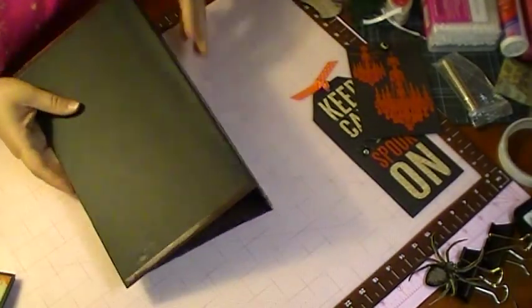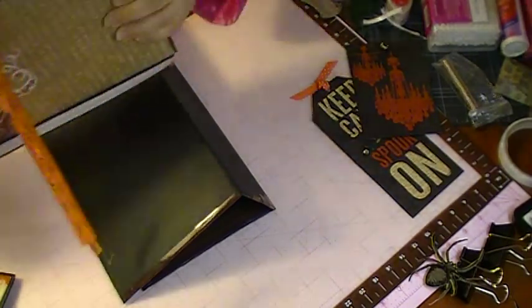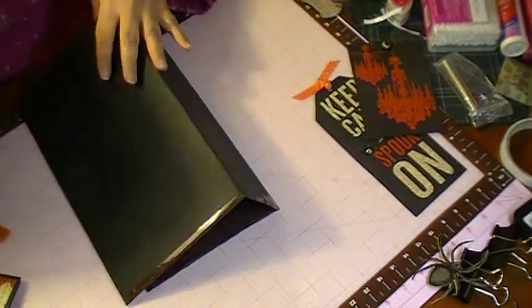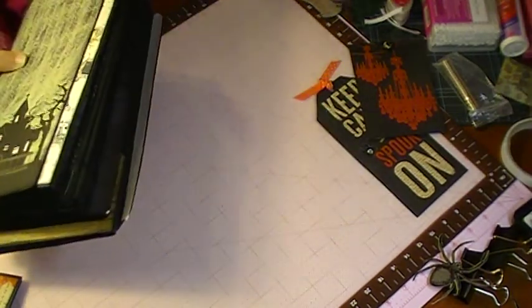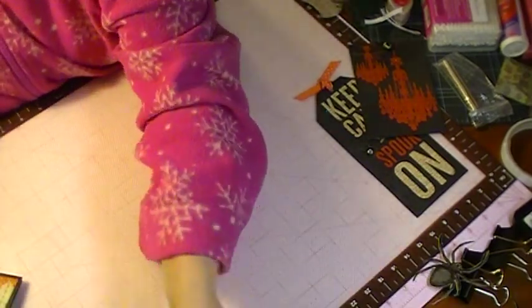So we'll see if it's all going to fit, but I don't know, because this is what the side looks like. And I guess it does fit. I mean, well, it looks like it's going to fit. That doesn't mean it's going to. So let me move that out of the way. And then